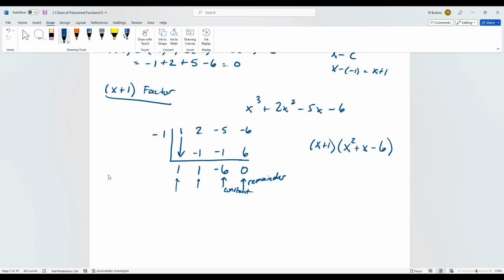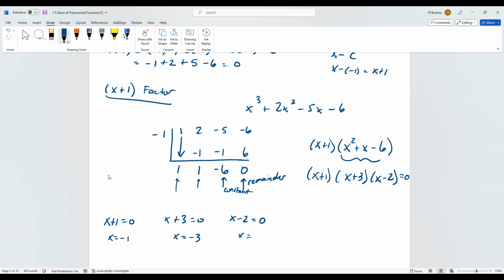Now we would like to go ahead and factor that if possible. So here we're looking for two numbers that multiply to -6 and add to +1. So those would be the factors x plus 3 and x minus 2. Once we have this factorization, we would set this equal to 0 and solve for the roots. So we have x plus 1 could be 0, x plus 3 could be 0, or x minus 2 could be 0. And this gives us -1,